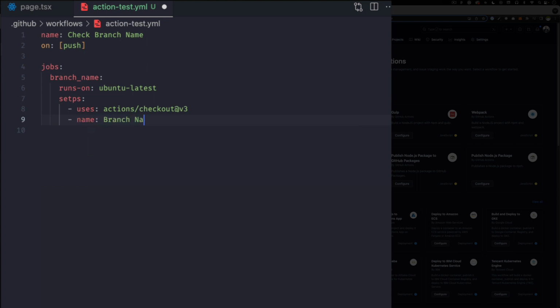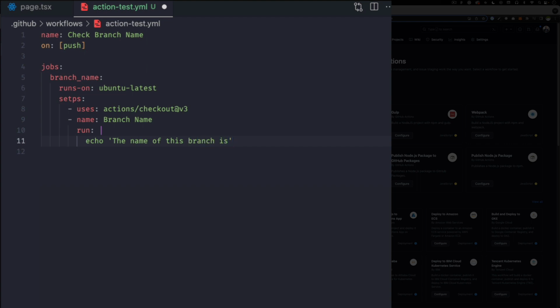All right, so the name of this step, this can be whatever you want. I'm going to call it branch name. And then this is going to run something. So something's going to happen, right? I'm going to do pipe and then enter just because if you want to run multiple things, you should do this. And then I'm going to do one tab and I'm just going to echo something. The name of this branch